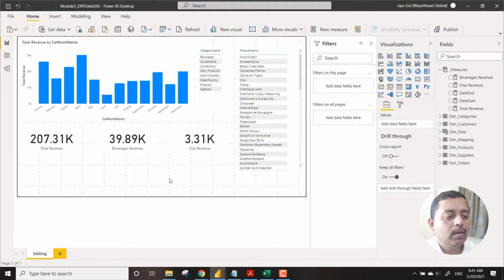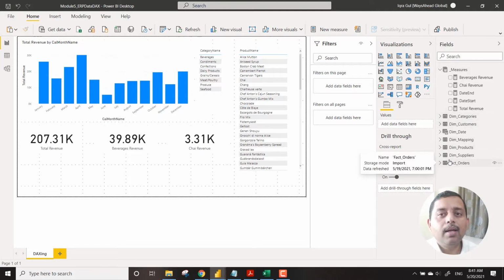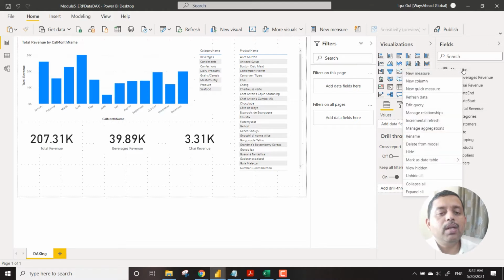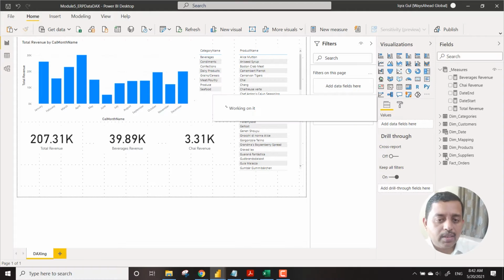So now the next section is, you can see there are almost different types of measures that we have created. So we will create back to back some measures, and we will fill this measures container with different types of measures, complex measures, simple measures. So now we have total revenue. Similarly, there's a nomenclature that we are following over here.